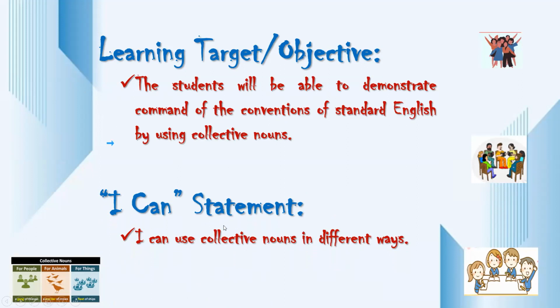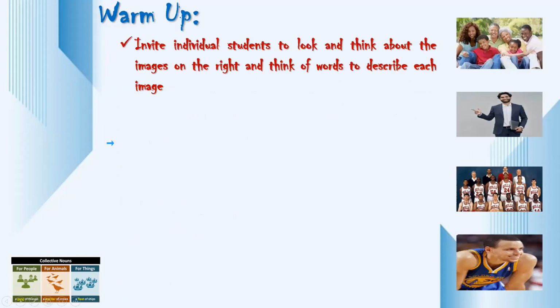But if I can use the I can statement, which is a shorter way to connect the student with understanding what they need to learn, then we can transmit this learning target to their thinking, and they can remember what they are learning. So I like to use the I can statement. So for the lesson about collective nouns,